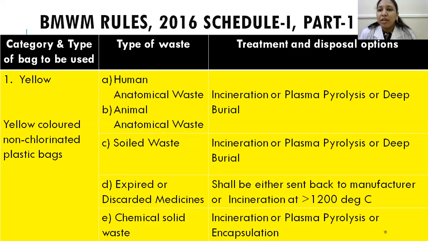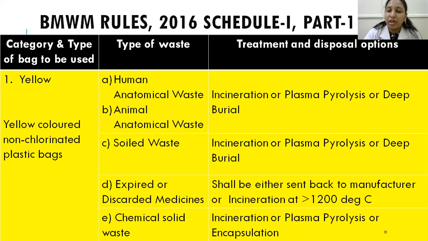This includes all the human parts which are amputated, or fetus which is delivered, which is below the viability period. Viability period refers to 28 weeks. So the aborted fetus, the amputated human parts, or those human parts which came for the biopsy, and all this human related things, all this would be coming as human anatomical waste. And animal anatomical waste includes all the expired animals, animal carcasses, which are used in experiments, or all